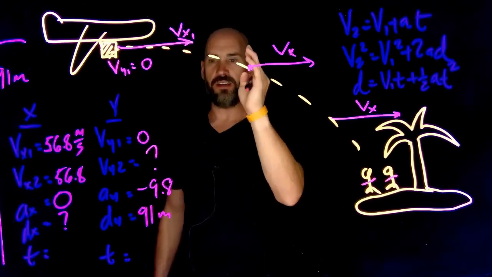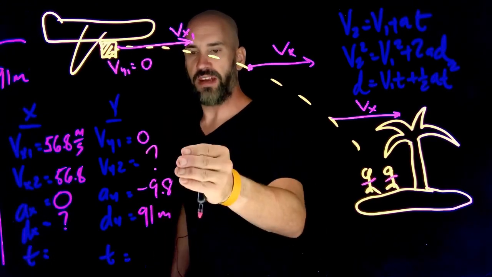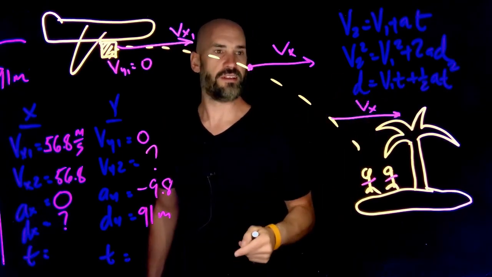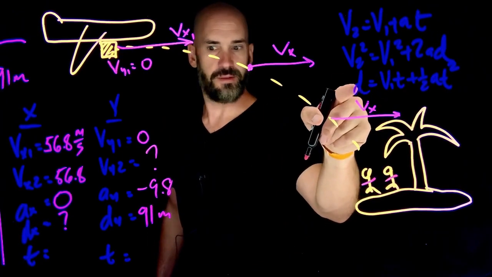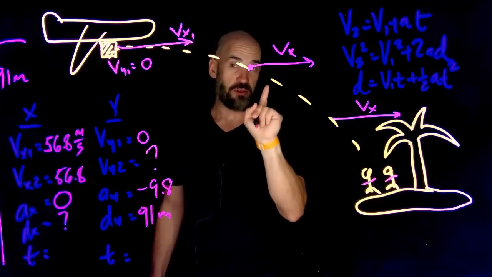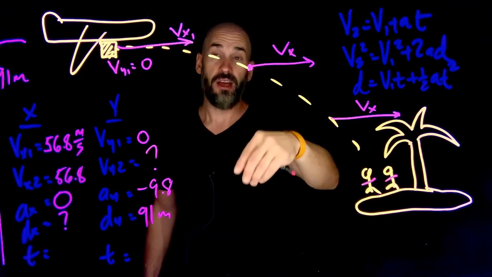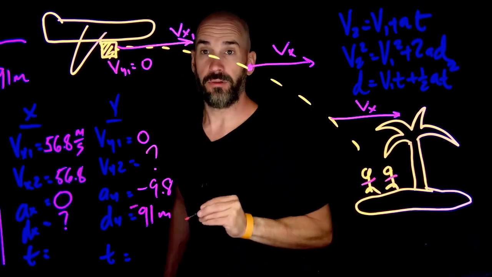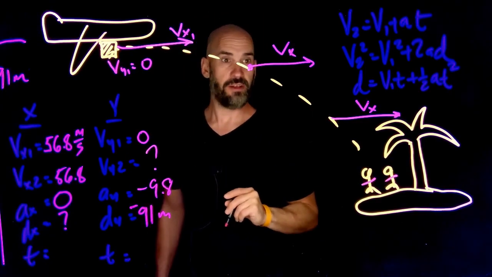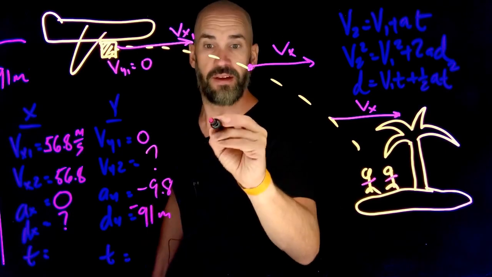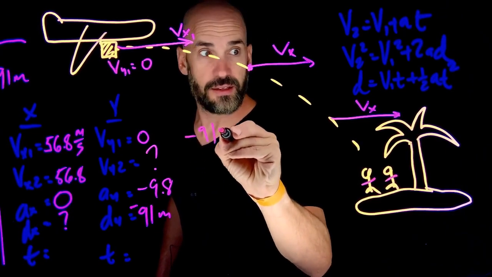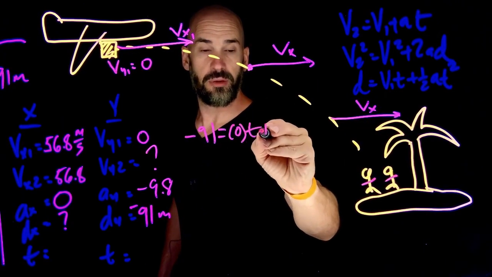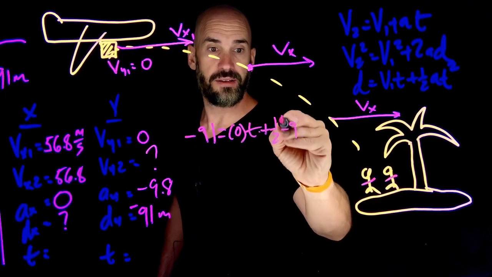So we have here a Vy1, we have an A, and we have a D. Can we get time? Absolutely, if we use this equation, okay? So let's do that. Let's say my D is 91, but we have to be careful because it's going down, right? Whenever your displacement is lower than it was before, that has to be negative, right? Some of you may have caught that while I was writing it down. If so, mad props. Okay, we have negative 91 equals v1, which is 0, times t, plus 1/2 negative 9.8